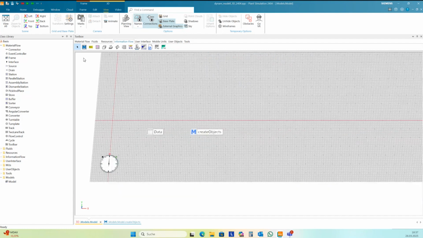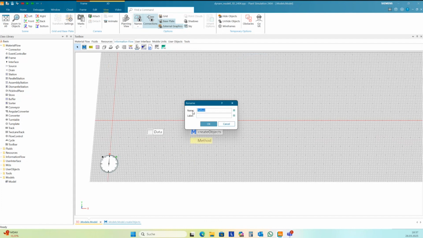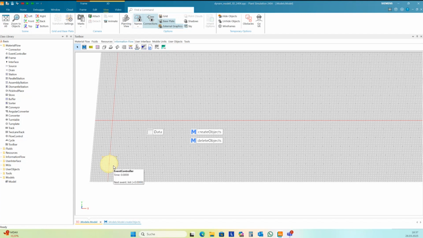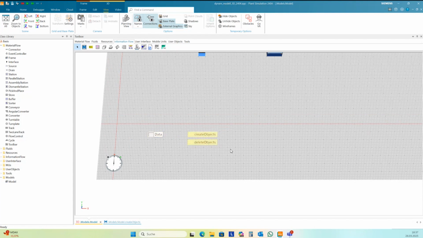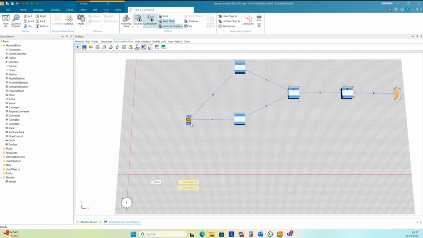And so I make a second method to delete all the objects. Not all the objects. We need here our event controller and the data I want to keep here, and all my methods I want to keep. And so I only want to delete stuff, the classes from source and station and drain.